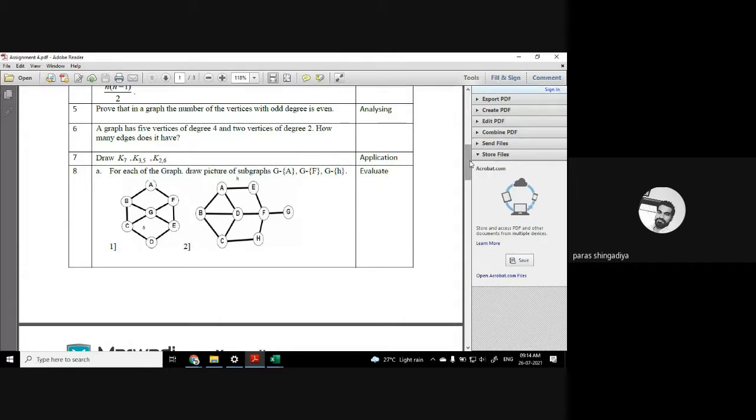It is a part of complete and complete bipartite graph. So first, who will explain the definition of a complete graph? Sir, in a complete graph, each and every vertex is connected with each other. Okay, nice. What is a complete bipartite graph? Okay, first K7 is a complete graph, and the remaining two, K3,5 and K2,6, are known as complete bipartite graphs. So what is the definition of a complete bipartite graph?